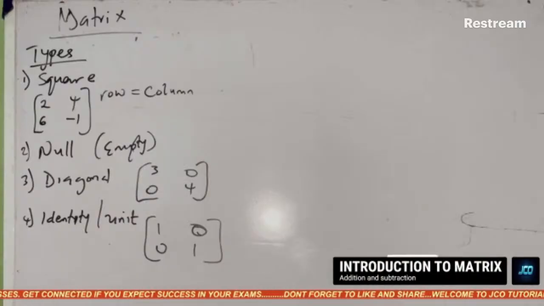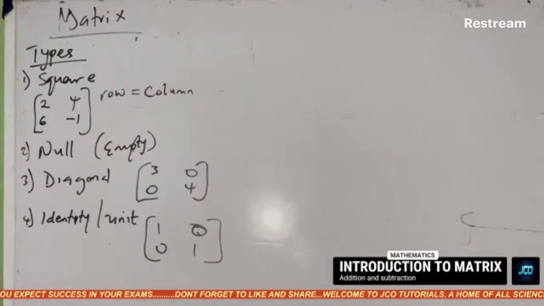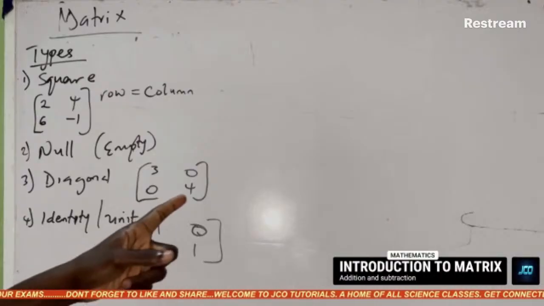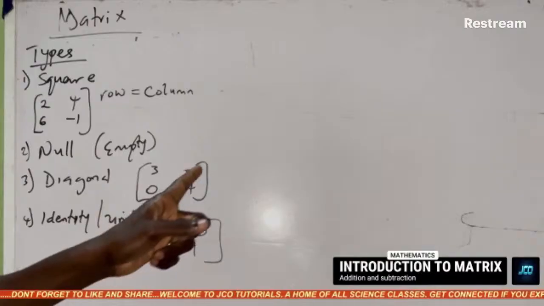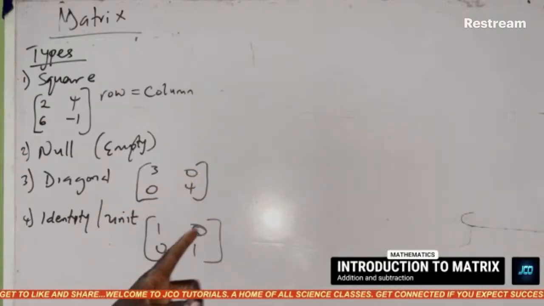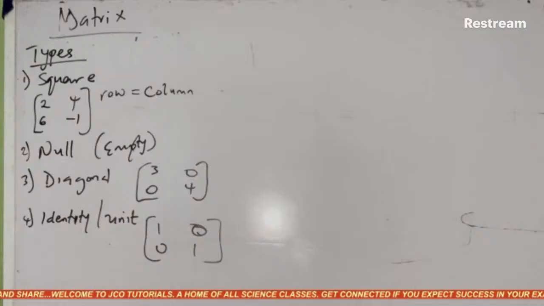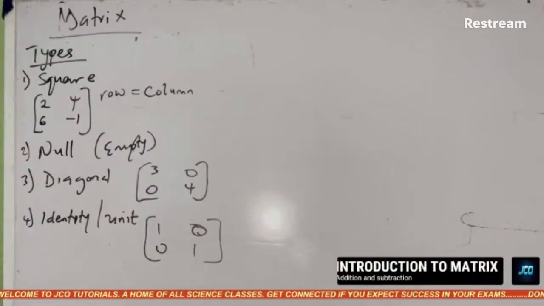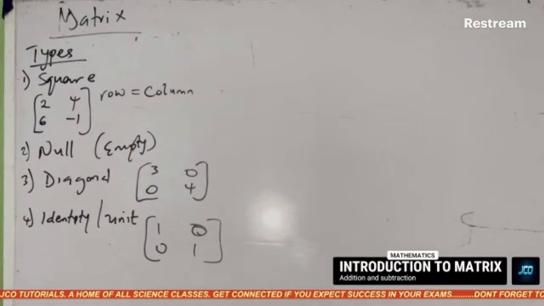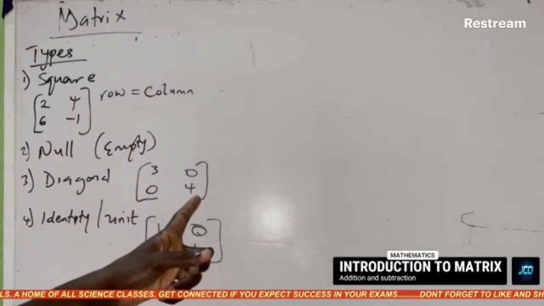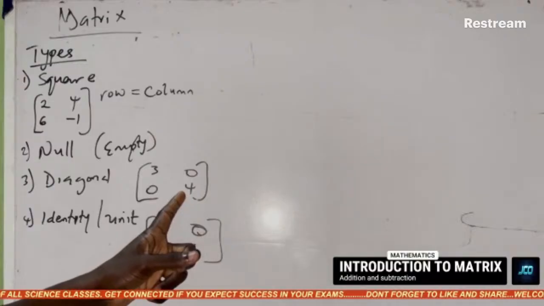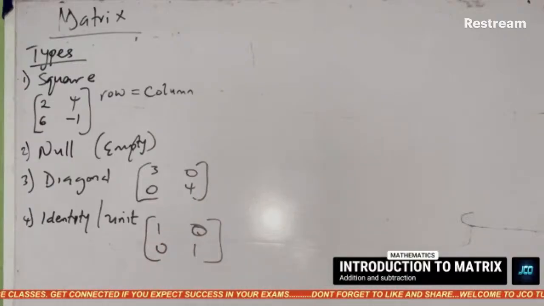There's a unique difference between the diagonal and the unit. The diagonal, if you look, the other diagonal, they are 0. The unit, the other diagonal, they are still 0. But when you go to the main diagonal, it has numbers. They need not be 1, but for unit matrix, the main diagonal must be 1. And in such case, you could be told to